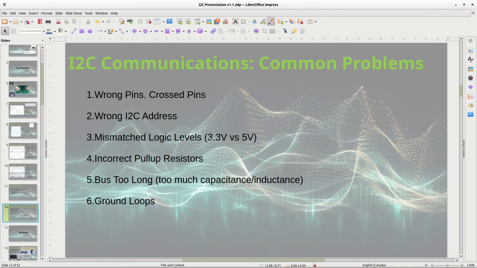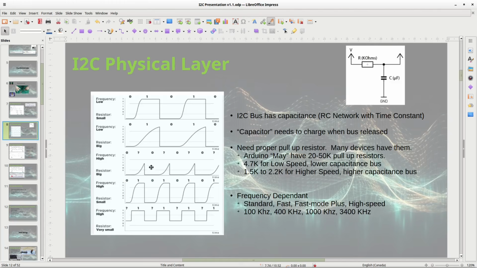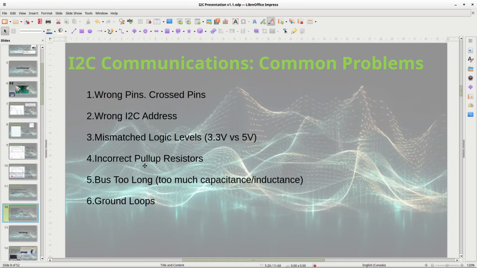And it could be mismatched voltage levels. But you have to be very, very careful. If you're using a 3.3 volt bus device and you put 5 volts, chances are you're going to blow it unless the device has 5 volt tolerant pins. It could be incorrect pull-up resistors, because again, if you go to this chart here, the charging of that capacitor takes too long and you've got this slope, the bus may not register a high long enough for you to see it, or the SDA line may not be high long enough for the device to know it's a 1 or a 0.